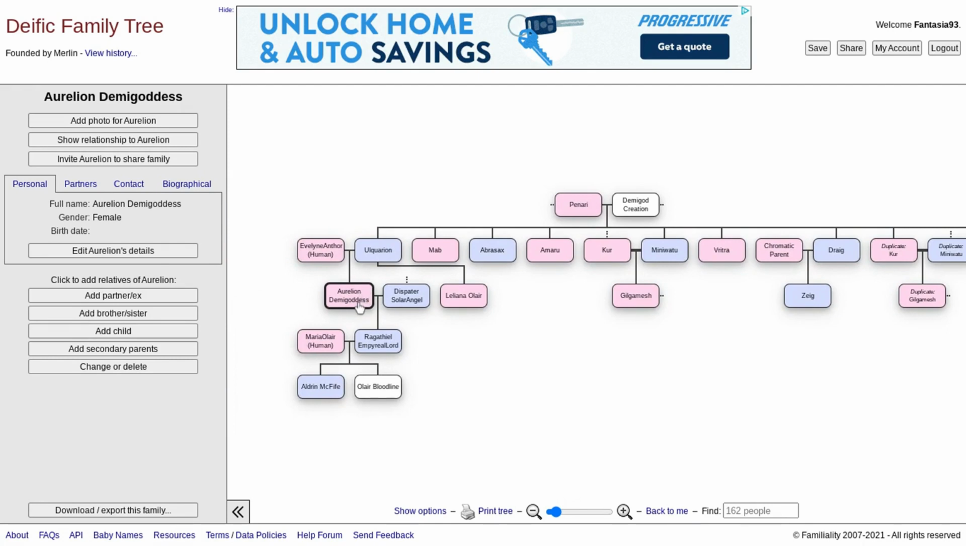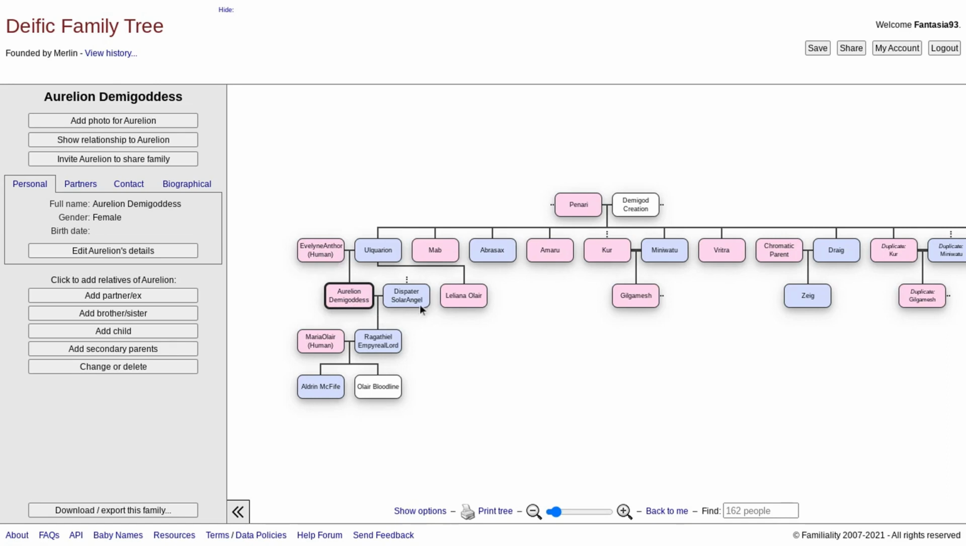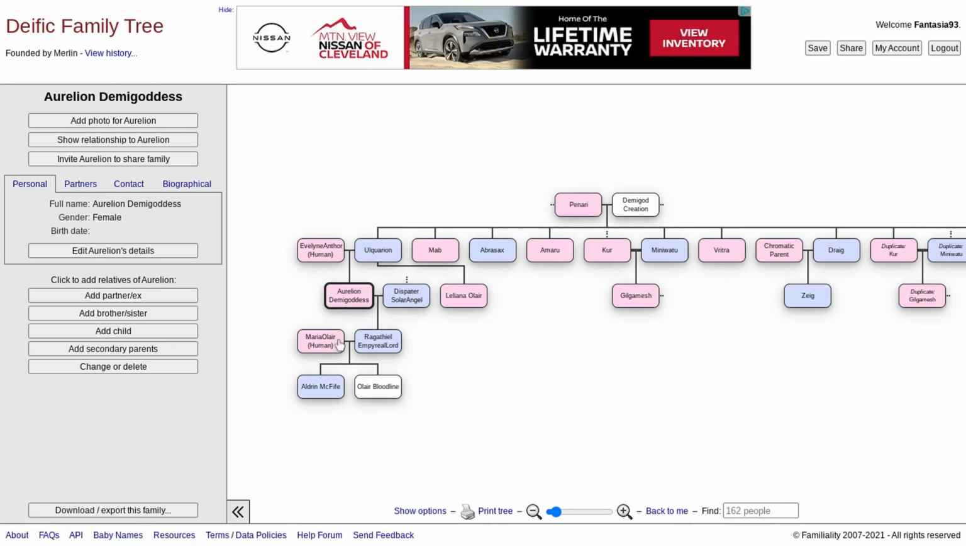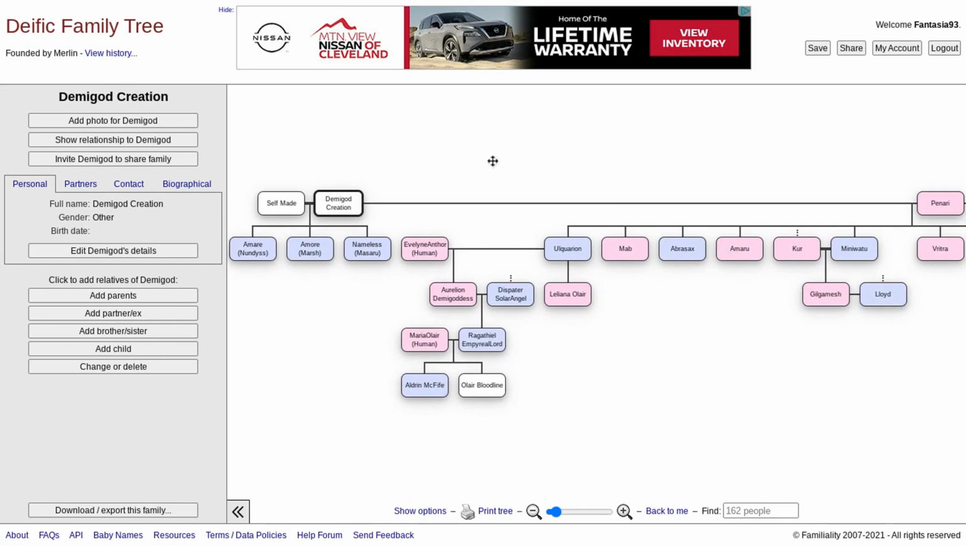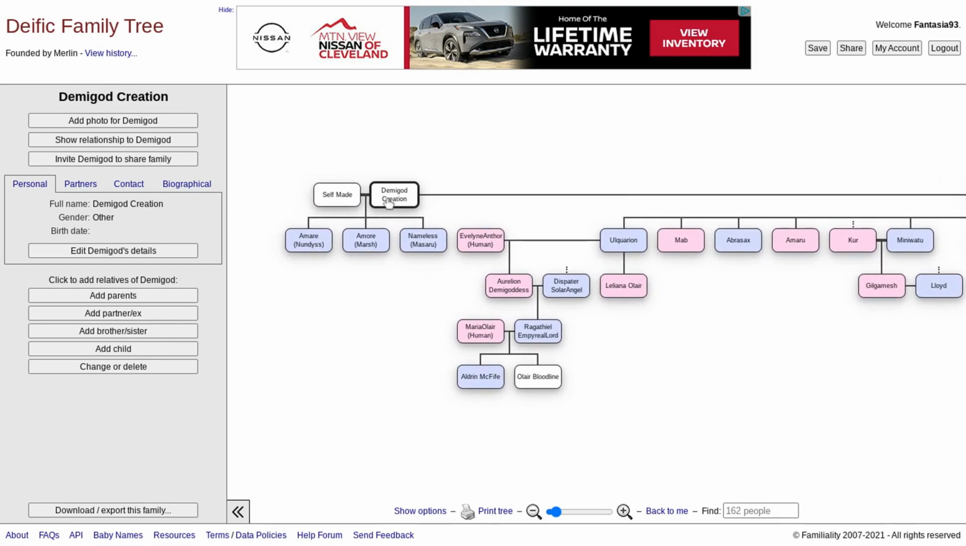So we go up to here. We have Ulquarion, which is the father of this demigoddess. He is actually a demigod himself. There's a human, Evelyn, Anthoria, Despater, and then goes into that bloodline. We click on demigod creation. We have different demigods that came from themselves, so self-made demigods. And demigod creation, I've made this